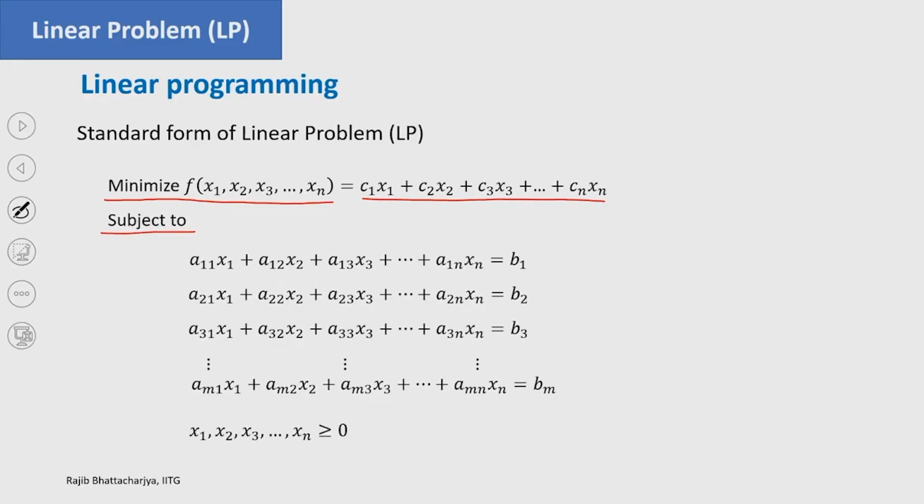Okay. So, this is the standard form. In the standard form this must be an equality sign. Okay. So, this must be equality; it cannot be a less-than-or-equal type or a greater-than-or-equal type in the case of the standard form of linear problem. So, we may have a total of m constraints. So, in this case m is the number of constraints. This is constraint number 1, this is 2, this is 3, like this is your m-th constraint. So, we have m constraints, and how many variables do we have? We have a total of n variables. Okay. So, n is the number of variables,